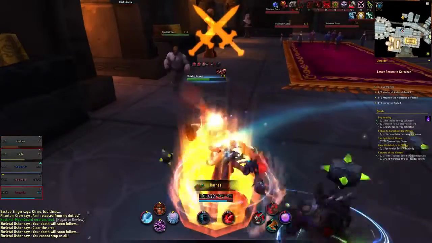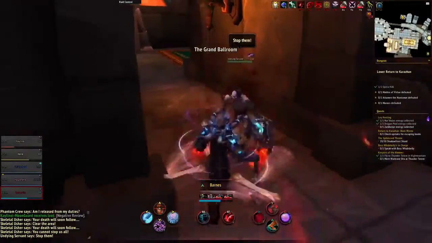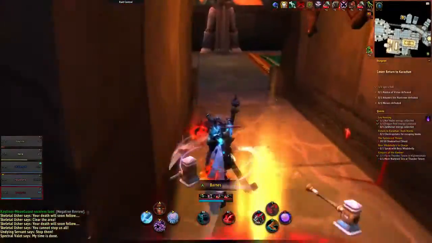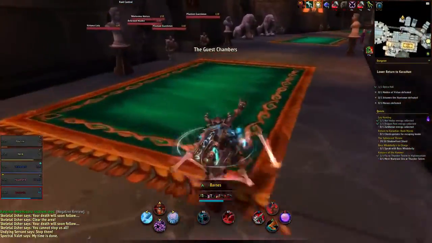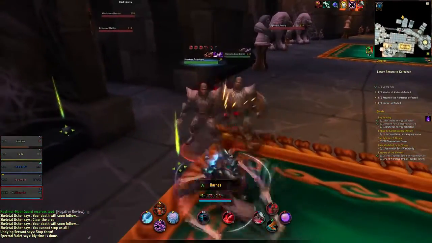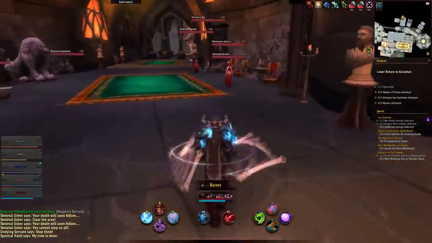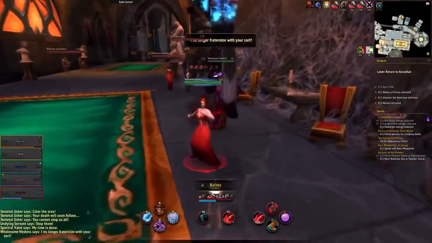This is just a regular dungeon, not a mythic or anything like that. I'm not in any danger, really, at this point. The group that I'm with are very high damage and DPS, so we're really just ripping through this pretty fast. It was more of an experiment to see, can I do it? What does that look like and how does that feel? And to be honest with you guys,